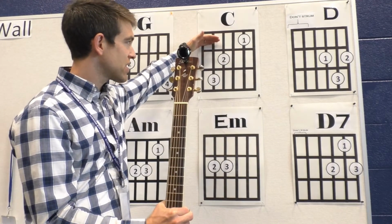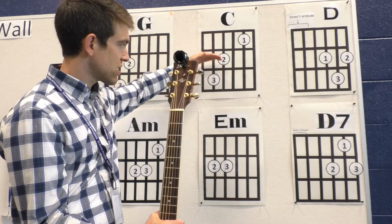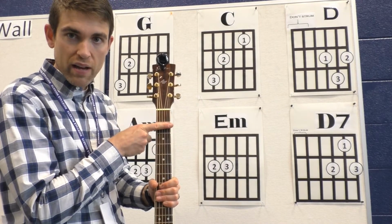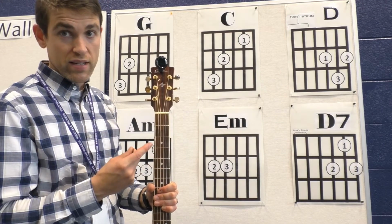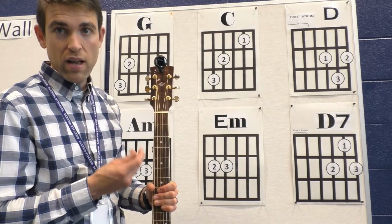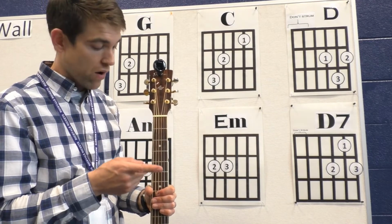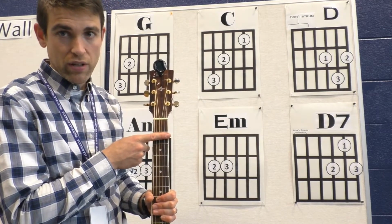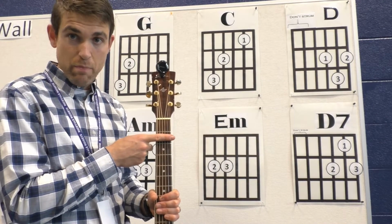Then these spaces that have the numbers with the circles in them correspond to the spaces on the neck of the guitar. We call these frets. Technically, the metal piece that's embedded into the neck of the guitar is called a fret, but when people say put your finger on fret 2, what they actually mean is put your finger on the space that's made between